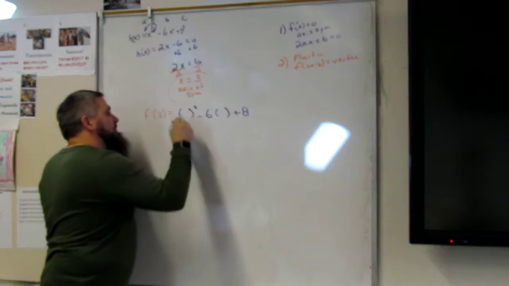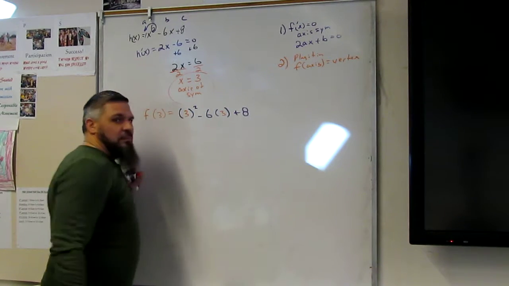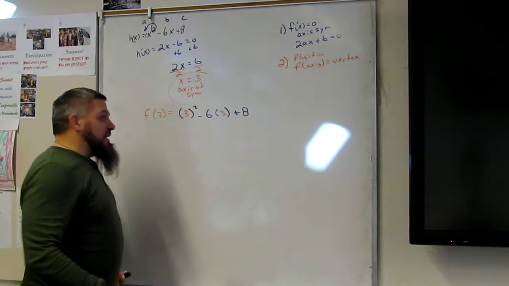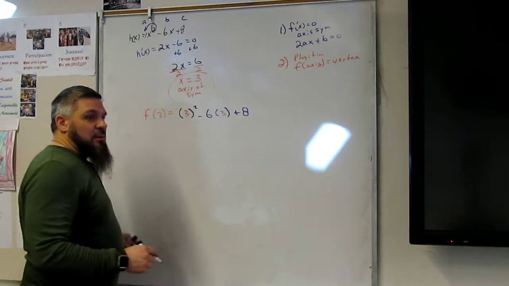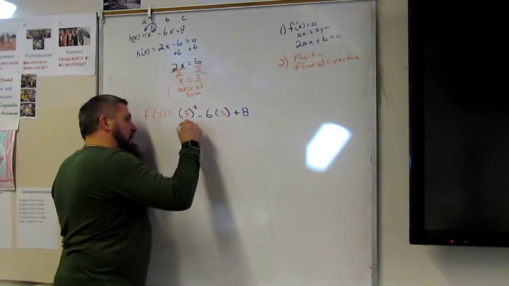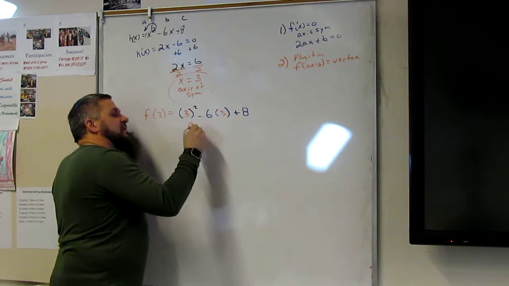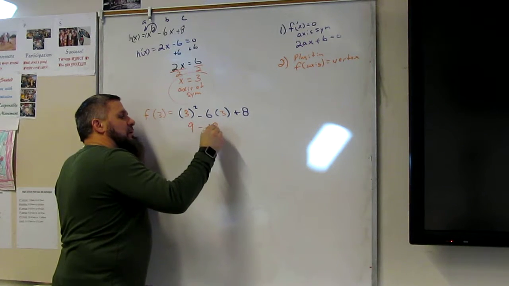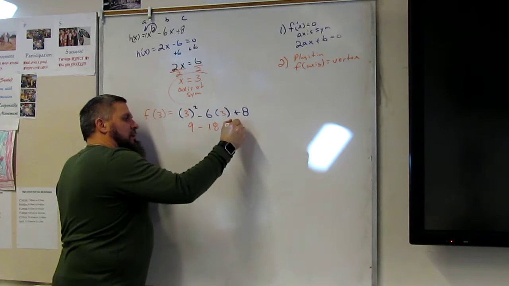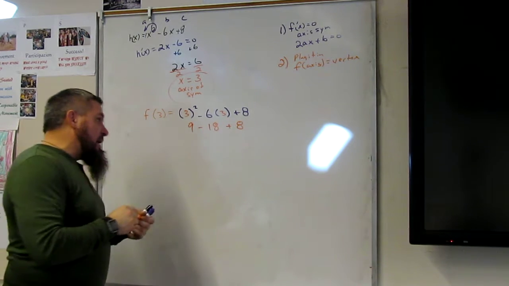3. So what is 3 squared? 9. And then 3 times 6? Negative 18. Never mind. Okay. Now,